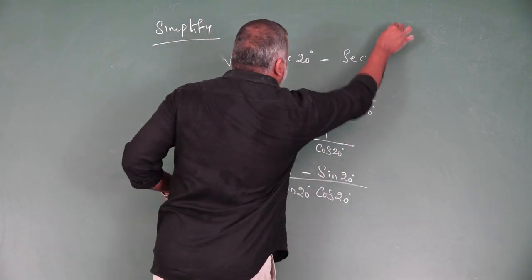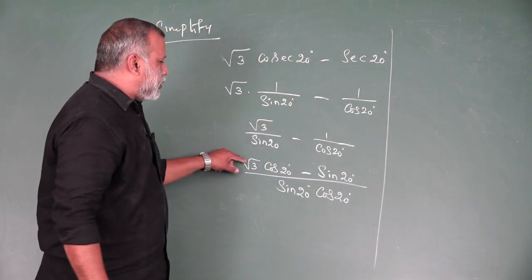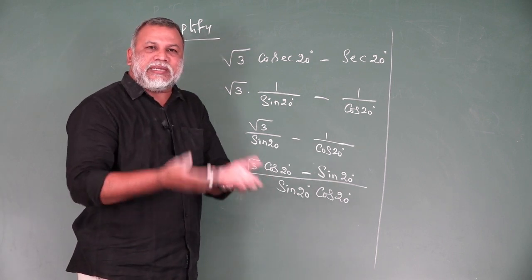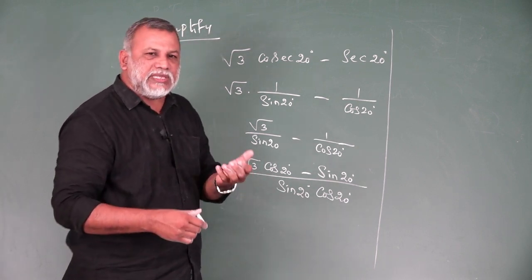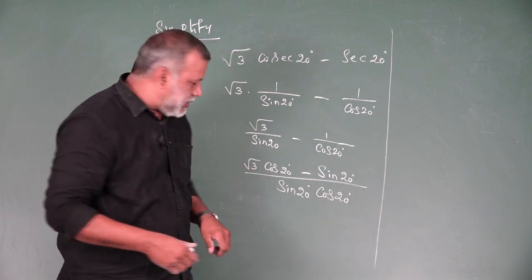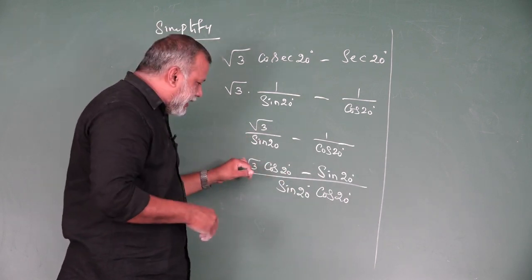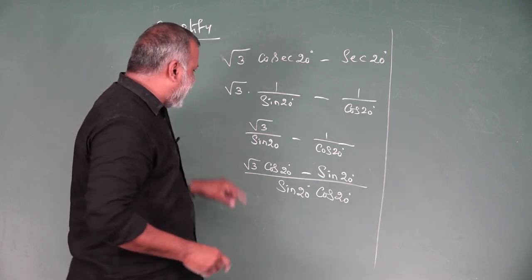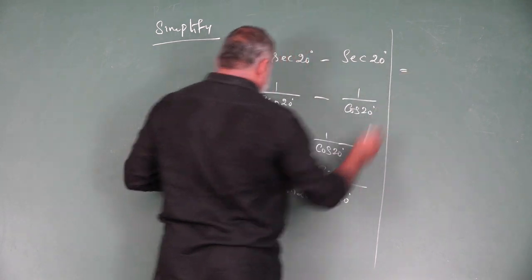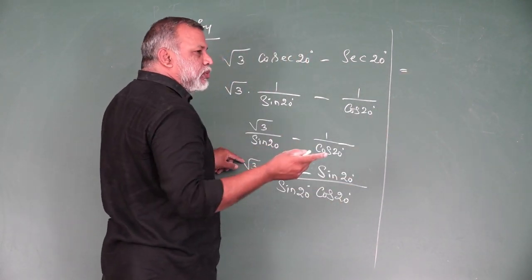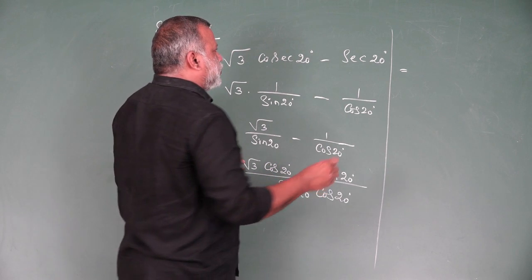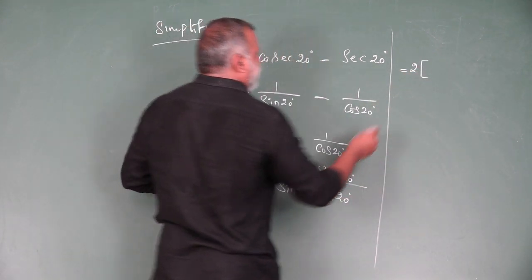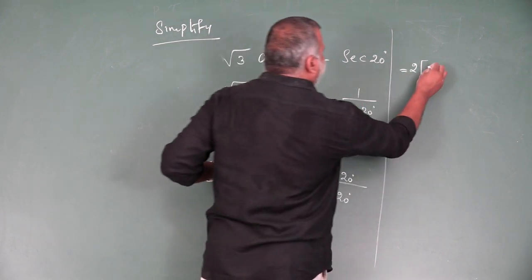Now we have to apply a logic here. So we have to convert these numerical values related to the table values. What are the table values? 30, 45, 60, 90 like that. So we need to convert these numerical values in terms of known angles. So listen here. In the numerator, I have to multiply and divide by 2. So keep 2 as a common. Then I am going to multiply this number 2 and also divide by 2.